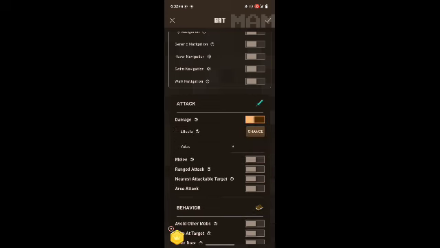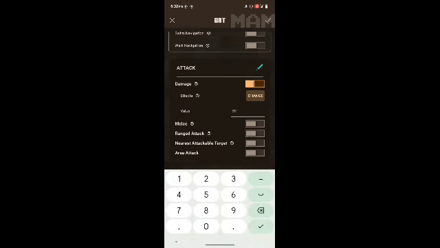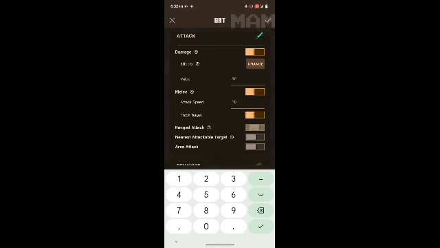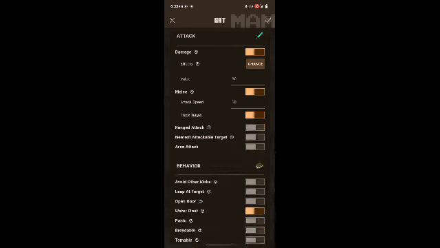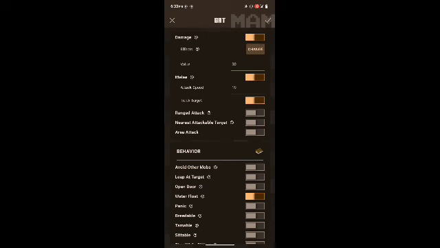Mine is turned on because I'm gonna change that. Melee attack, track target, range attack. You can turn range attack on and off, but I'm not gonna use that. These three.